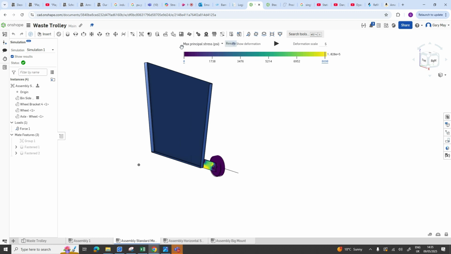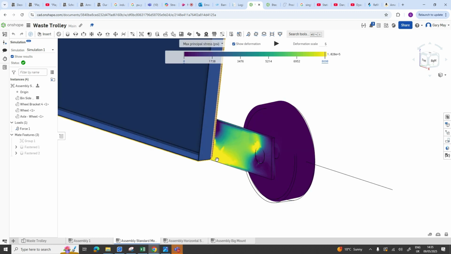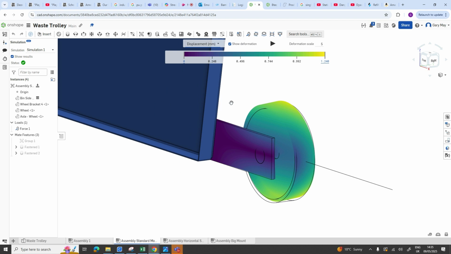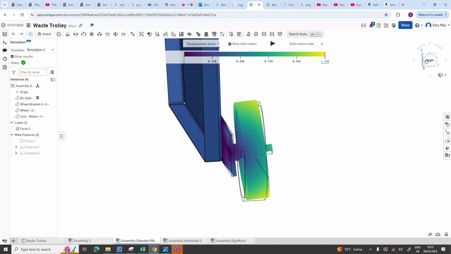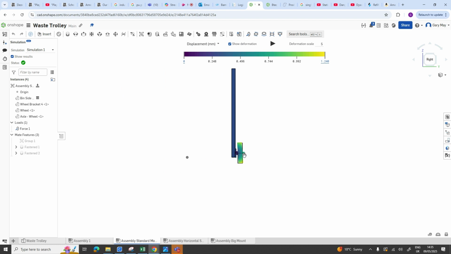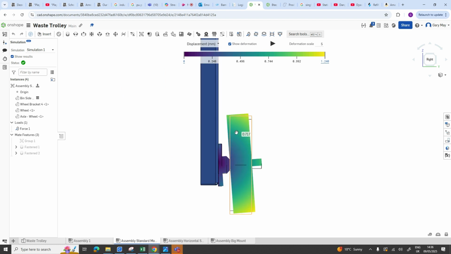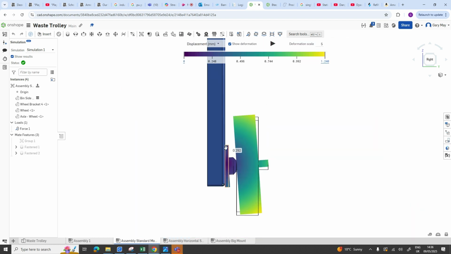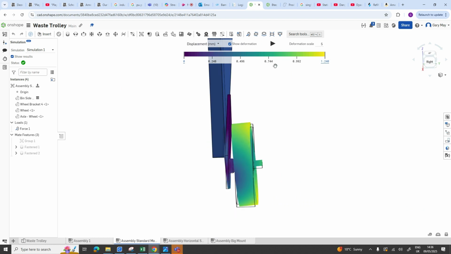I can see the stress here. I can see these areas are very highly stressed, some areas less so, obviously down to zero. But I can also see how things bend, how things move, the behavior of these components. If I look at this end on, for instance, I can now see the displacement here. Because I've got this vertical force going up into the wheel, it's twisted this bracket here. And if I animate this,